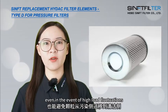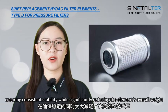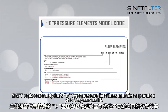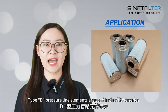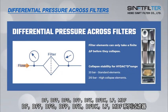Even in the event of high load fluctuations, inside, a spiral-locked steel tube forms a sturdy metal core, ensuring consistent stability while significantly reducing the element's overall weight. Sinft replacement HYDAC D-type pressure line filters optimize separation efficiency, service life, and differential pressure across varying flow rates. This innovative technology has a very positive effect on the differential pressure of the element and provides high filtration efficiency and performance. Type D pressure line elements are used in the filter series DF, DFF, DFG, DFP, DFZ, DFDK, LF,